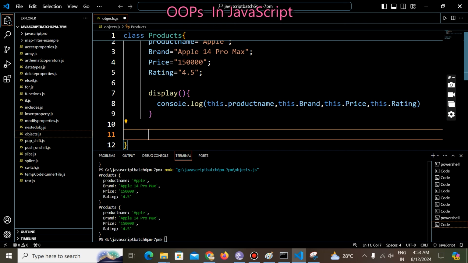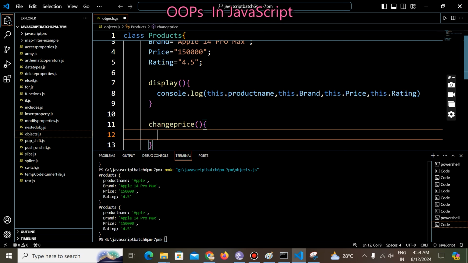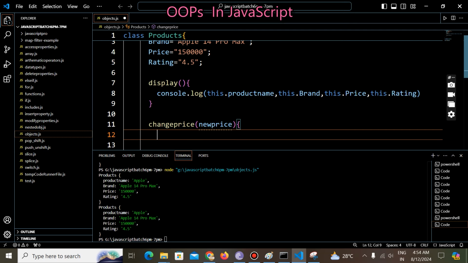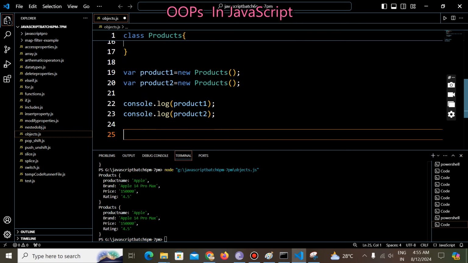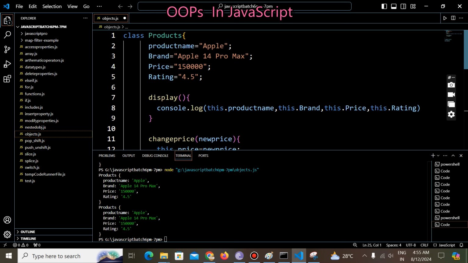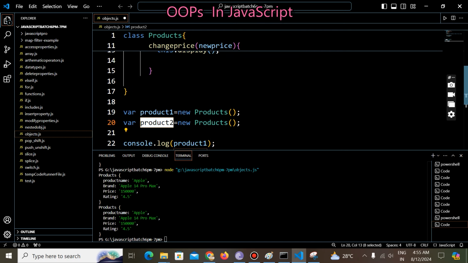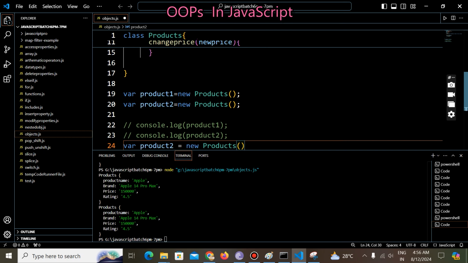Like this, one more method also I can create. I want to change the price. So for that, I will create one more method, changePrice. Yes, I have created one more method called changePrice. Now inside this method, I will pass one argument. Okay. So now I want to change the price. So this.price, just mention this.price is equal to. Now I want to do some modification to the object, the product 2. So if you want to change it, you need to mention that object name equal to